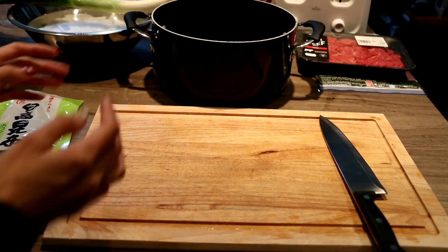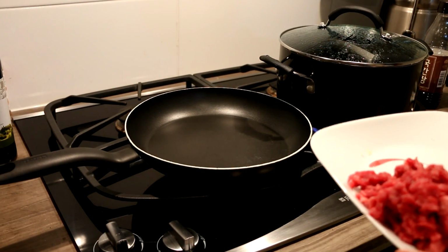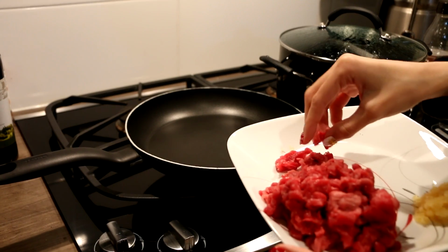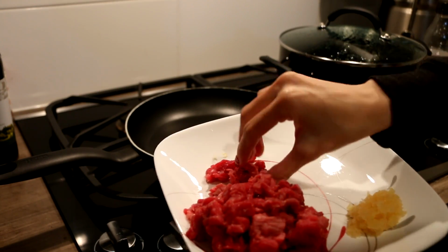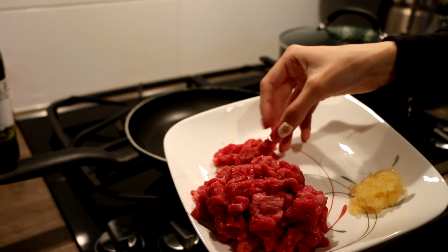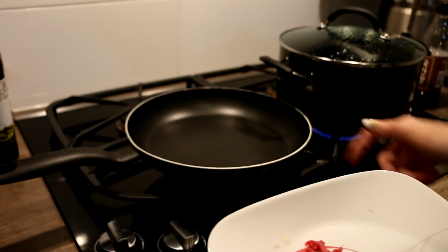and while it's doing that, I'm gonna cut the meat and cook the meat. So I have cut the meat. If you look at it, can you see the meat? It's basically diced into small pieces, like little cubes, so you can have it for the soup. So get a pan